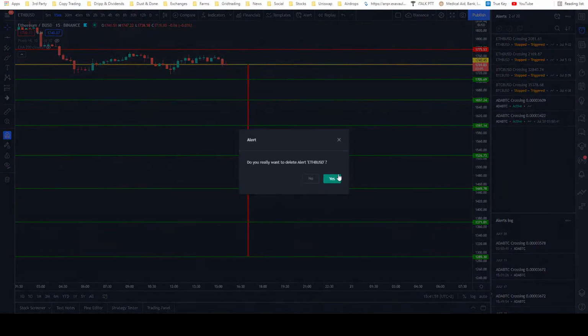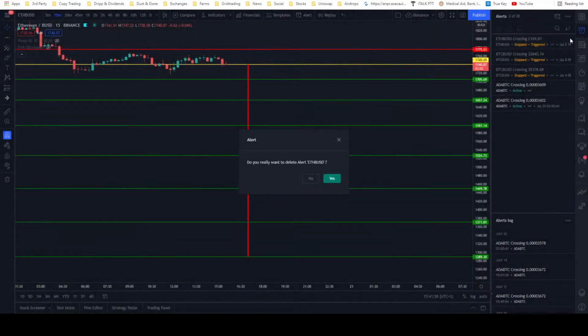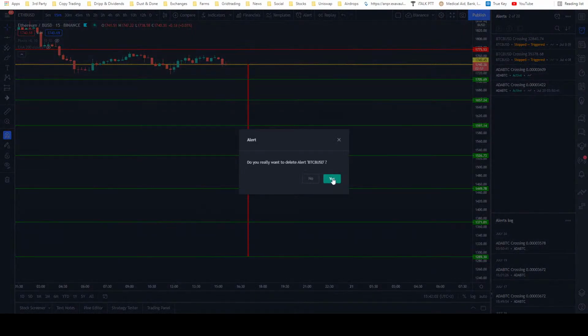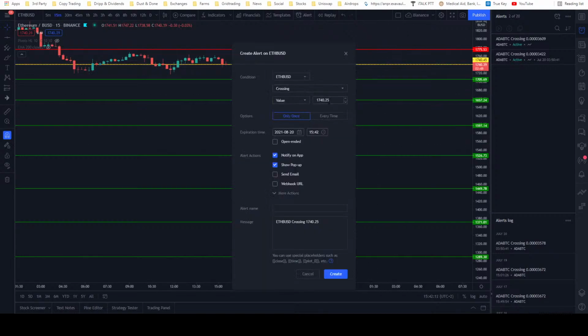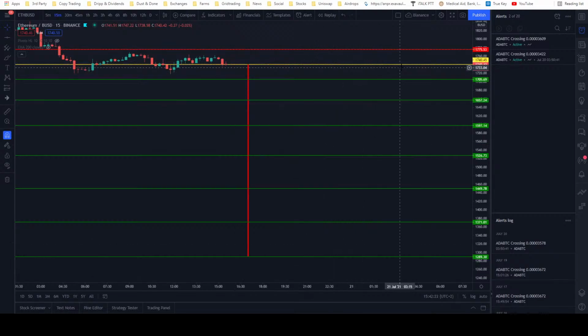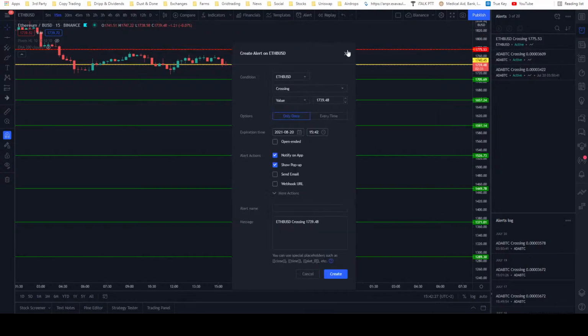We'll cancel the current ones I have available. As you can see, I've got two going for Cardano and Bitcoin. Now I want to set myself up two alerts here for Ethereum. When it crosses the value of 175.53, I want to get alerted, because it took profit and means I need to reset my entire setup. And the second alert is if it crosses the